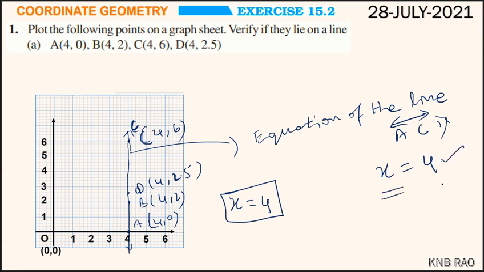This is how we will get equations. So, here you could see the unification of the graph with the algebraic expression x equals 4. x equals 4 is an equation, this comes from algebra, and AC is a plotting of a graph, which comes from geometry concepts. So, geometry combines with algebra. This is the unification of algebra and geometry, that is what we call coordinate geometry. Okay. Then moving on to the next question.